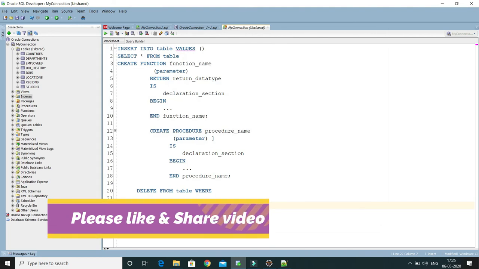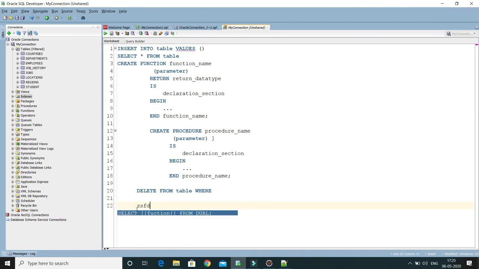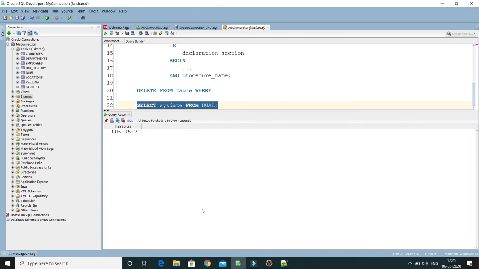Now our defined template ID is SSFT, and here you can see we can select our template. Here the function is substitutable, so I'm going to replace this with sysdate. So let's select sysdate from, select sysdate, sorry. Then here you can see I'm able to select the system date.